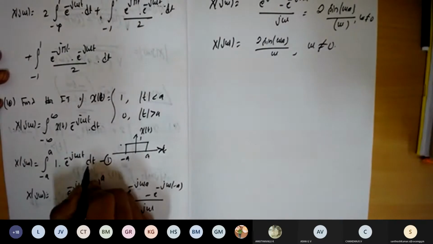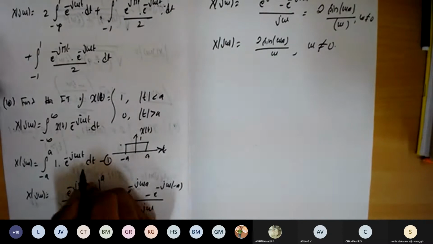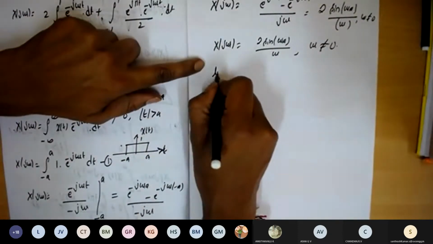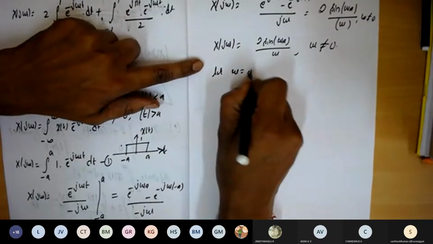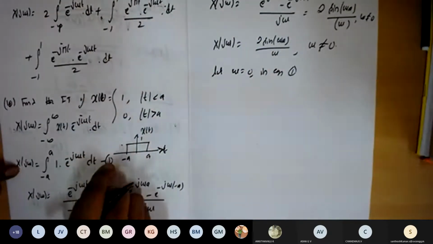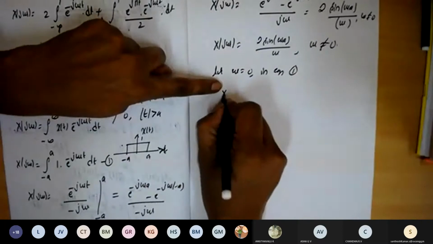So this is equation 1. Let us substitute omega is equal to 0. Let omega is equal to 0 in equation 1. In equation 1, we'll substitute omega is equal to 0. So X of j omega will become